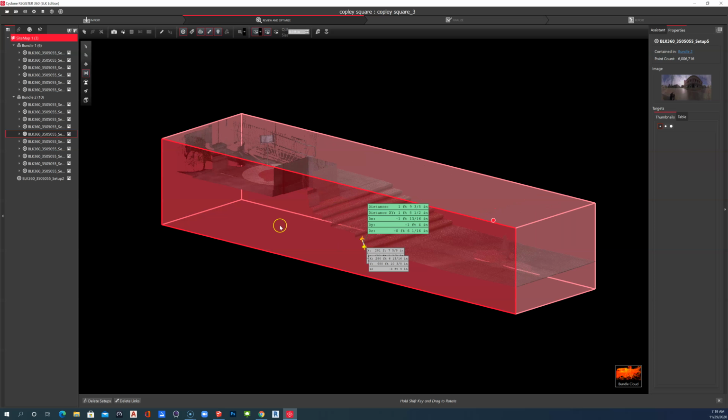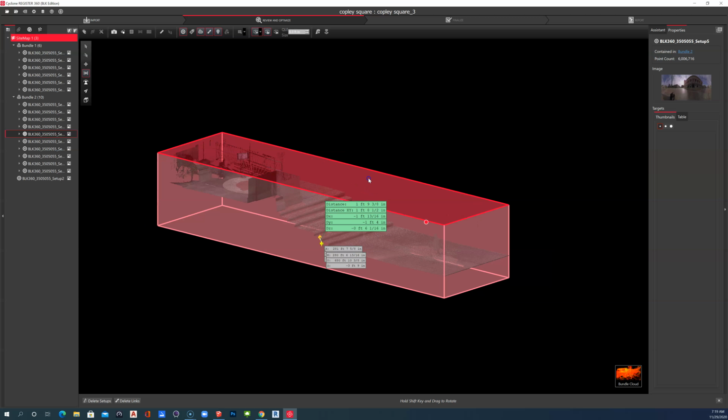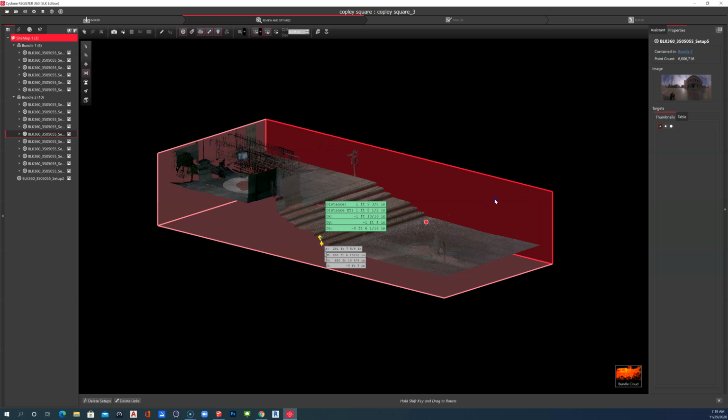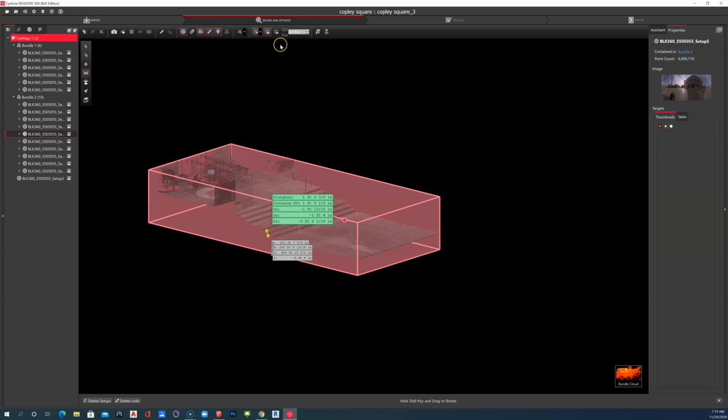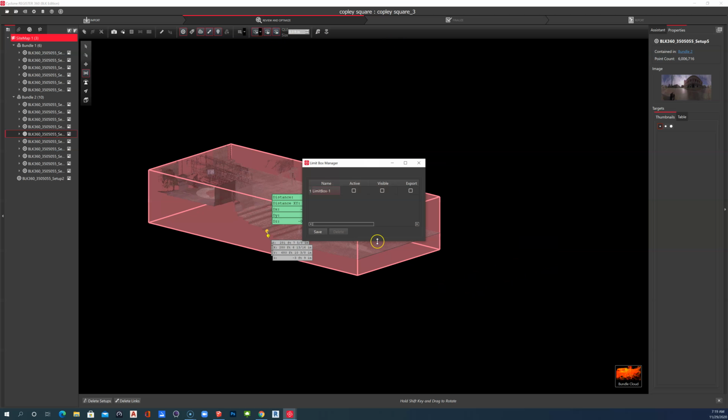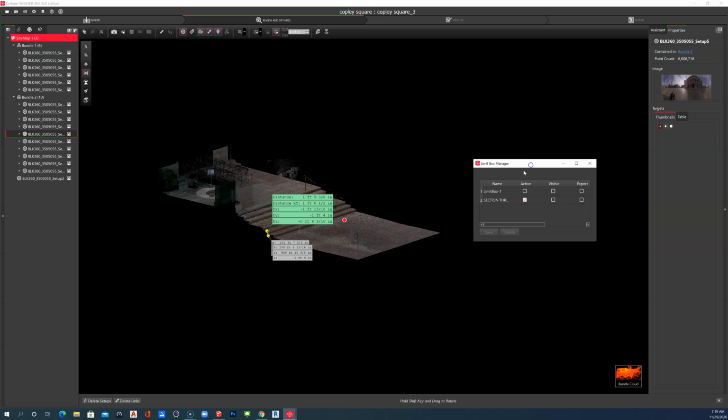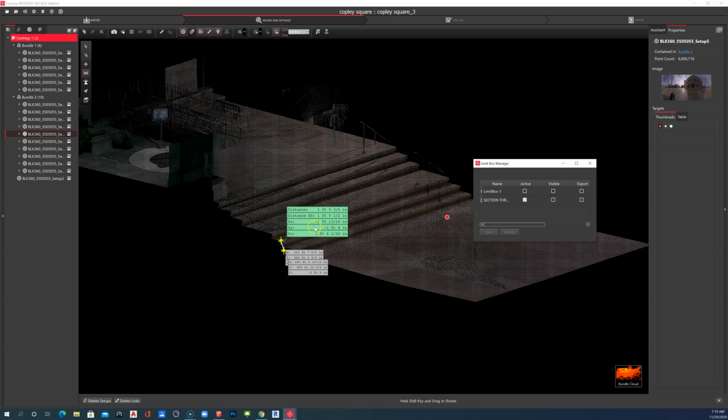So I can find out the height and width of all that. And I could turn off the visibility. Let's save this as section through steps, and hide the visibility of the box itself. So now we can ask this thing a bunch of questions,